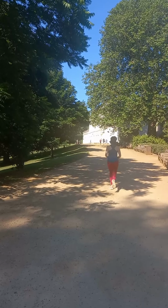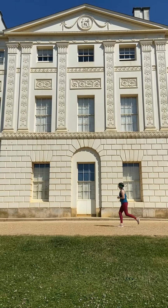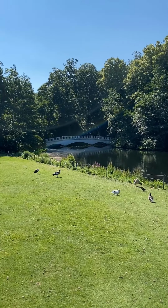And obviously the space is being used in a much different way today than it would have been when it was just owned by a family. I think it's really nice being able to go back through the historical documents to find out how the spaces were used. This area that we're standing in here used to be a kitchen garden,